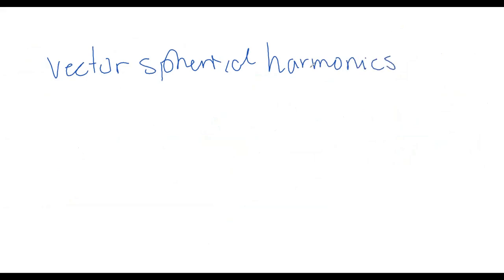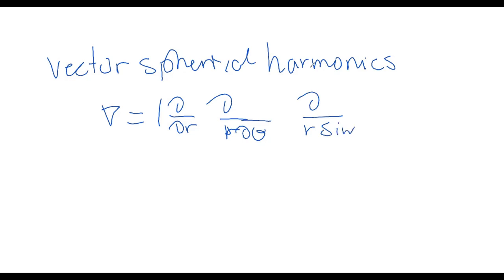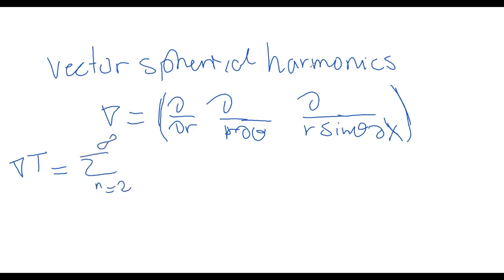Okay, vector spherical harmonics. So we know the definition of gradient. The gradient operator is defined like that: derivative with respect to r, derivative with respect to theta, and derivative with respect to lambda, divided by r sine theta. Now let me use this gradient, apply this operator to the spherical harmonic expansion of a field. Let me call it, for example, T. So the gradient of T, the spherical harmonic expansion, will be, if it is from 2 up to infinity,